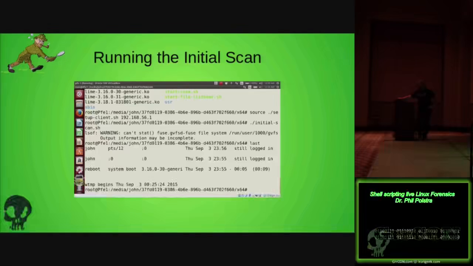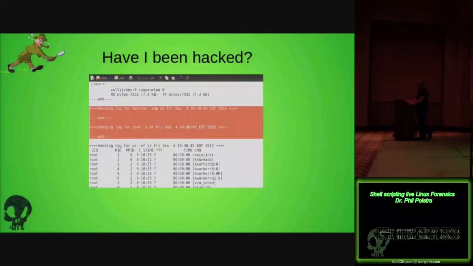Scan's already done. Right? So that was easy. So now the question is, well, I guess I should probably look at the log file. I know that's kind of like, who looks at the log files? So many people log stuff and never look. All right, so I'm still trying to ask that question. Have I been hacked? Well,